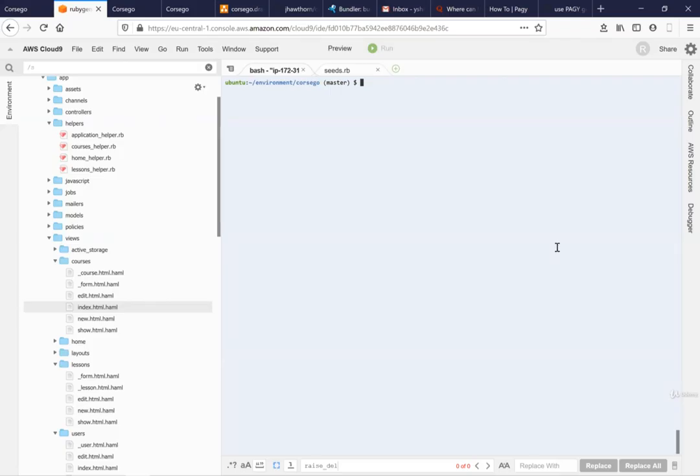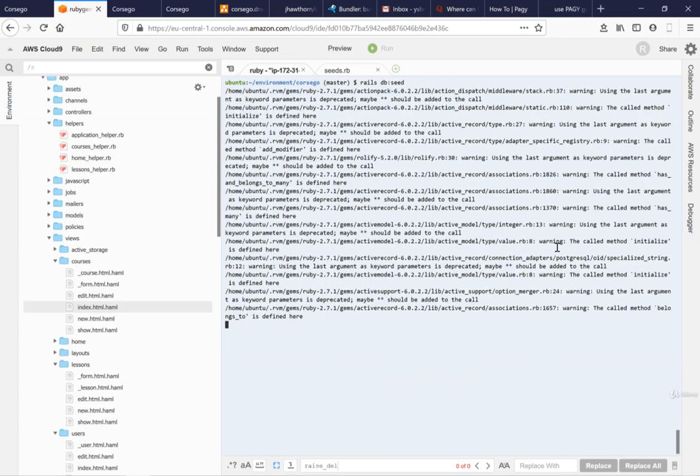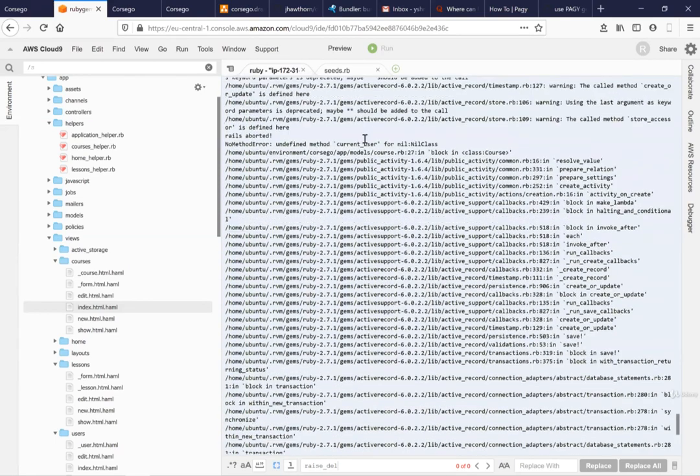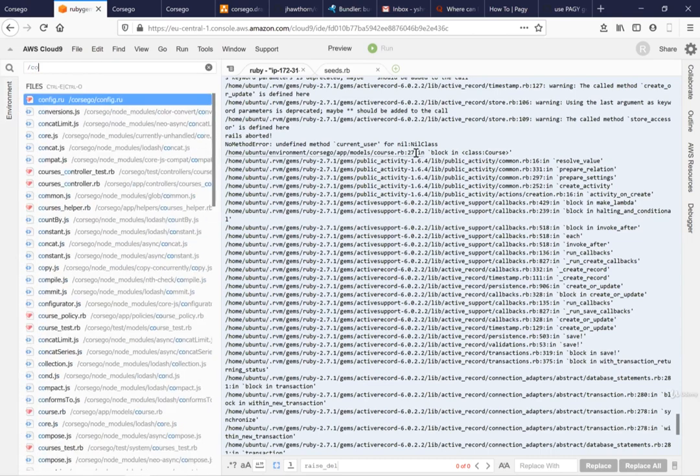Okay, now we are going to run our seeds. So rails db:seed, and we get an error. Why? Let's see, because the current user is nil class. And where do we want to call our current user? In course.rb